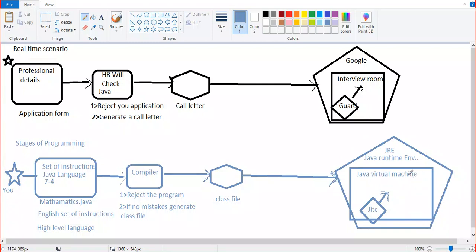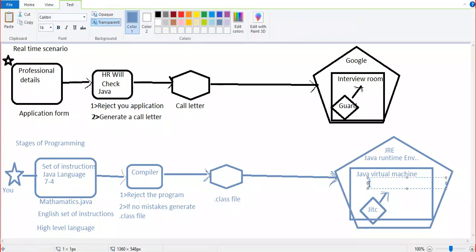So the Java Virtual Machine will convert our Java file into binary language, and after that the machine will be able to